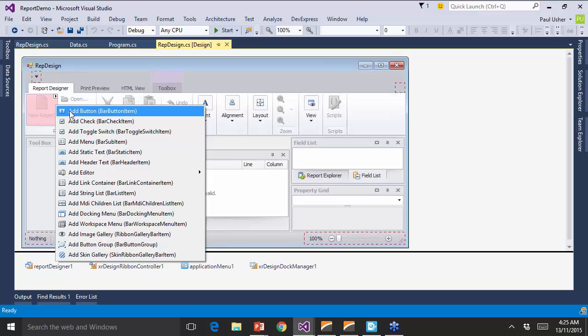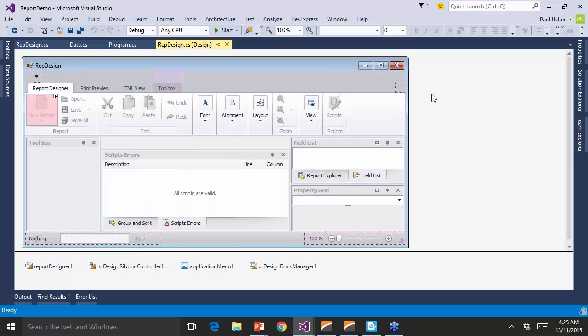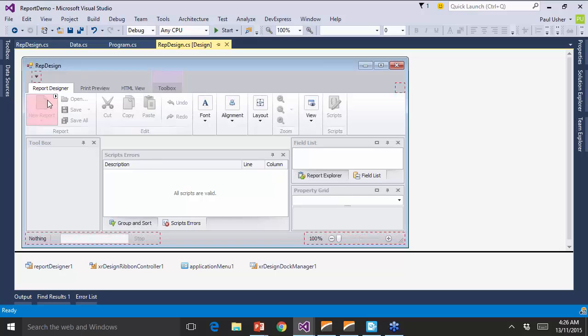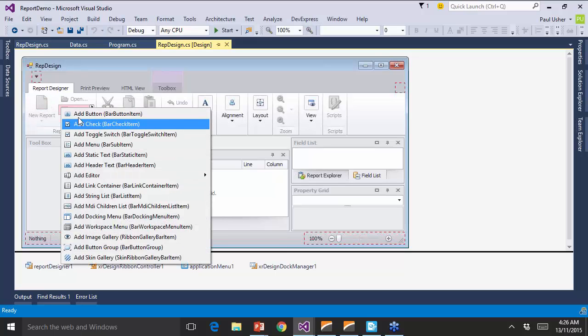They've hooked up the code behind so that if I was to have a look behind this ribbon control, in fact, if I go F7 right now, if I come off the menu first, and F7, there is no code in here. But we know that the new report works. We know that the save report works. It's all happening in the framework behind the scenes. I can override that,